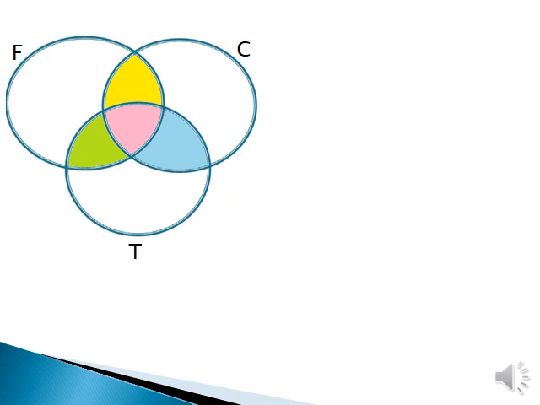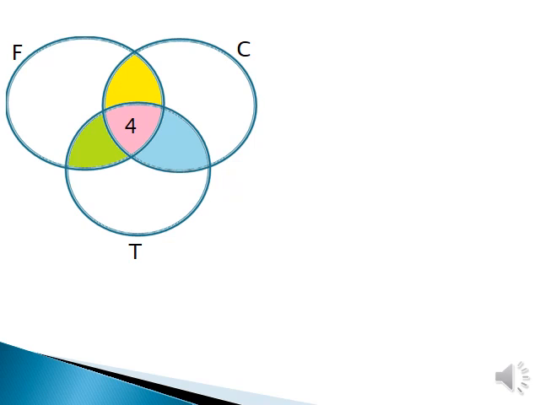So for solving this, we have to go outwards. Outwards means from the last to first. Lastly, 4 students play all 3 sports. That means the middle part, the pink section, holds these 4 students who play all 3 sports. Now we'll go for the first part: 85 students play football, 72 play cricket, 43 play tennis.